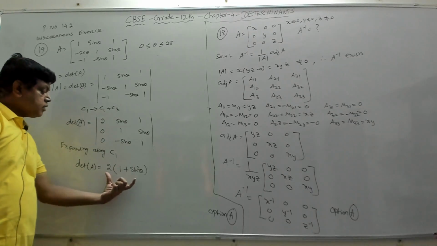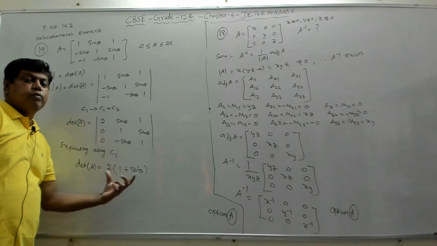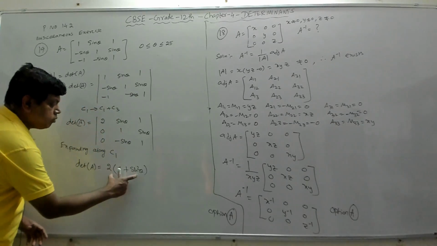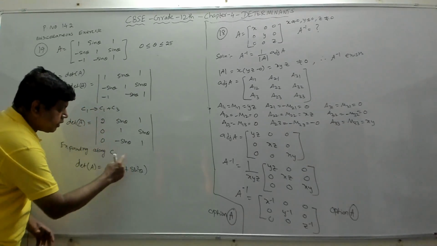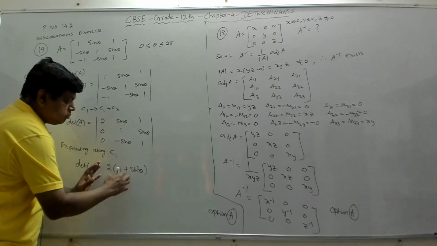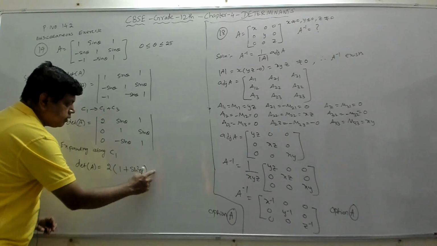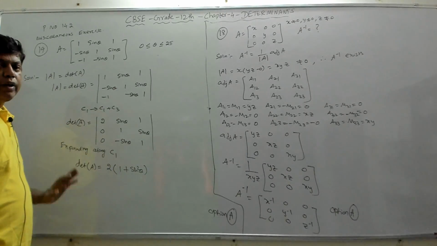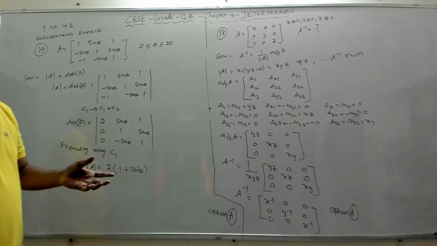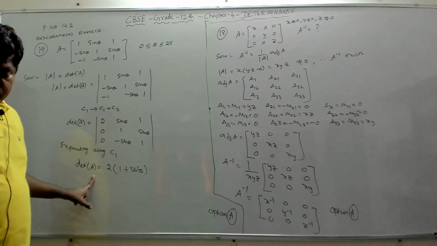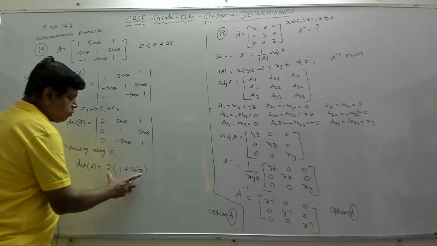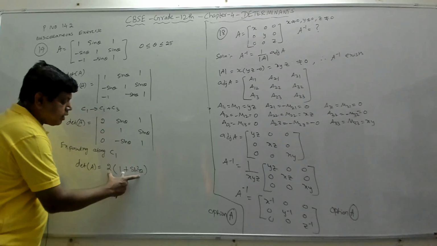Now we need to find which two numbers this value will lie between, that is the value of the determinant. Because they say determinant of A belongs to, it is definitely not 0, so option A is not there. We have to find whether it is option B, C or D. So let's find within which two values this entire value will lie.